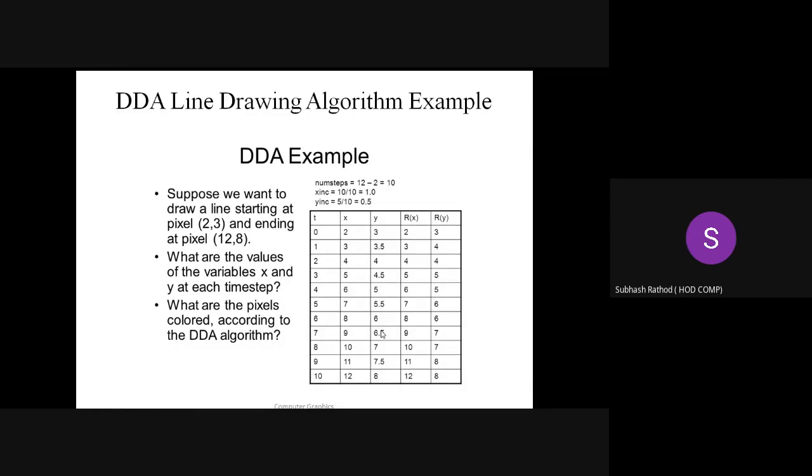In the exam, the question is like this: explain the DDA line drawing algorithm with example. Then if they specify the two endpoints of the line, you have to calculate all pixels using those values, or you have to assume two endpoints on your own and elaborate the algorithm with an example. So this is the expectation in the exam.